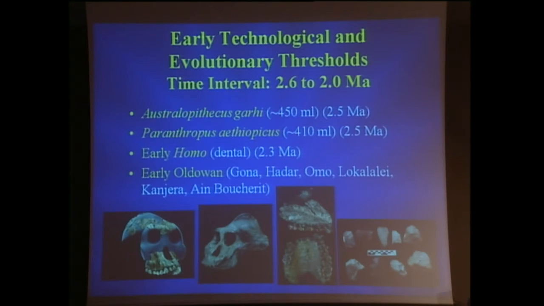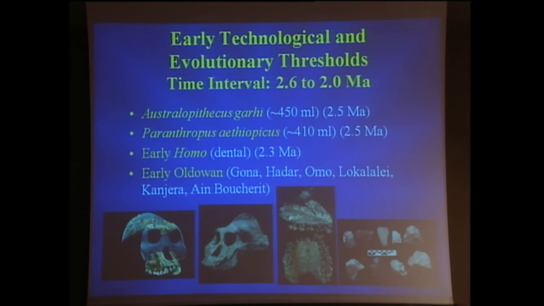Okay, if we look at the time period between 2.6 and 2.0 million years ago, we've got the form in East Africa, Australopithecus garhi. We have also got the rise of the robust Australopithecines, starting with Pithecanthropus ethiopicus. And I just want to point out two things with the robust Australopithecines. They never get to Eurasia, number one, whereas the genus Homo did. And number two, they go extinct by 1 million years ago as well. So clearly, the genus Homo had some edge over the robust Australopithecines.